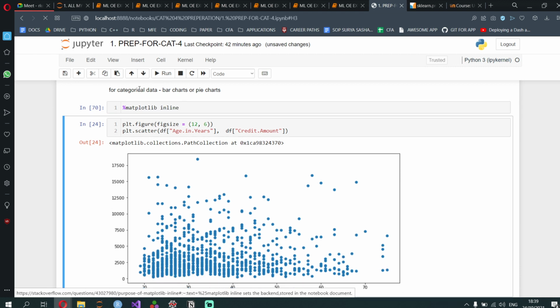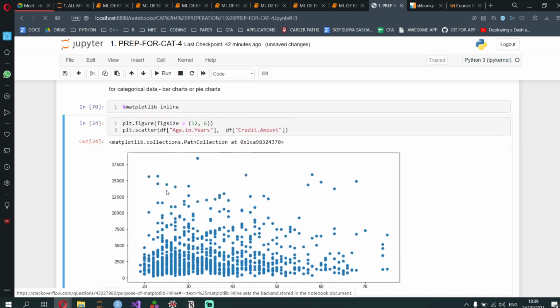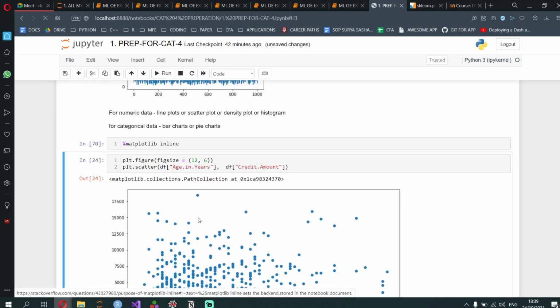This will make sure that it always prints it over here, because sometimes for some browsers it might not be supported, so it won't print it out. But this will make sure that an output will always come.